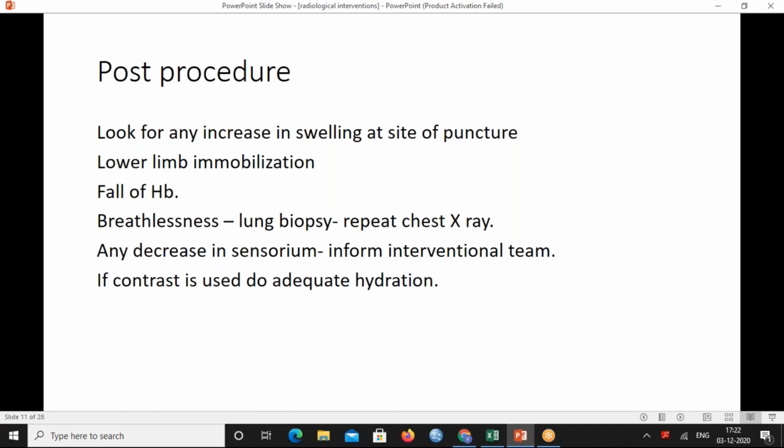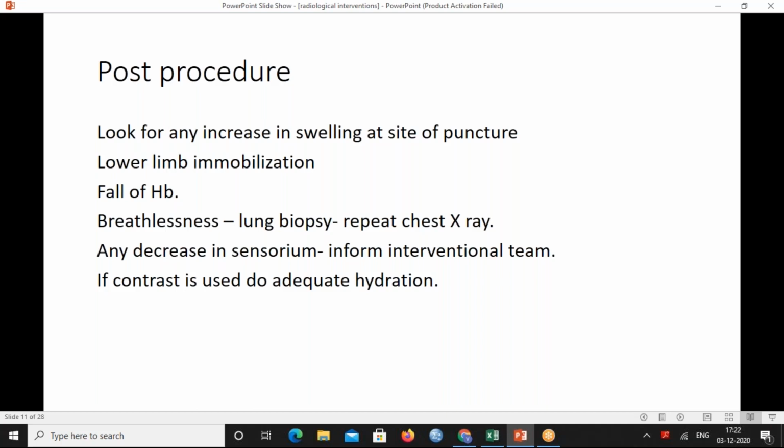Look for any fall of hemoglobin if the patient is involved. Look for any breathlessness. In a case of lung biopsy, if the patient is having breathlessness after 2 or 3 hours of lung biopsy, it's very urgent to get a repeat chest X-ray and look for any pneumothorax or any